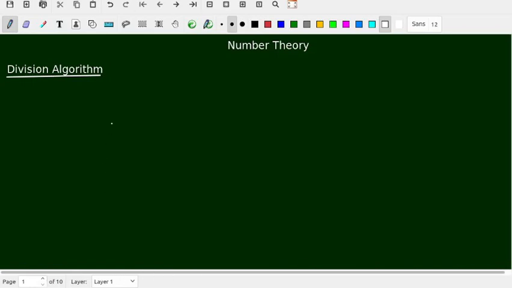In this lecture, we are going to discuss the division algorithm. The division algorithm is not actually an algorithm; it's a classical name. Actually, it's a theorem, right? So, in this theorem, we are not going to give any algorithm, but it's a statement regarding the division of two numbers. The actual statement is: let a and b be two integers